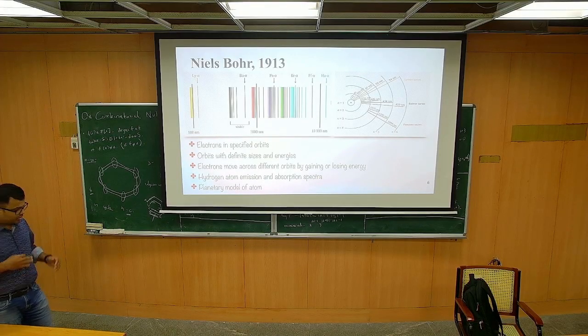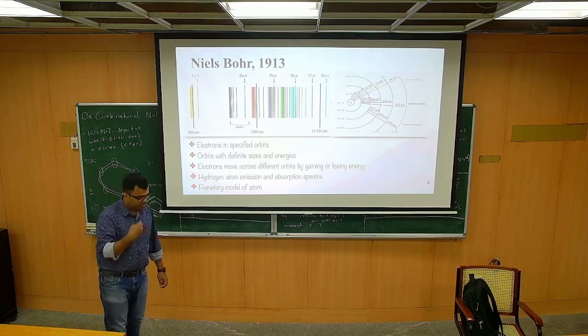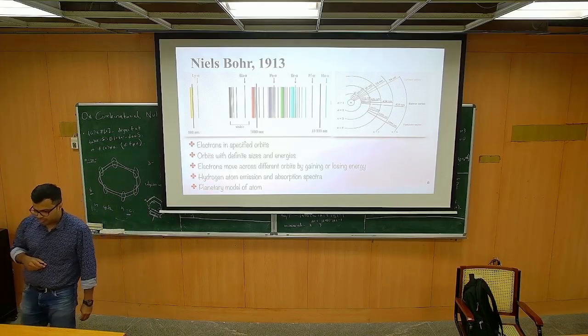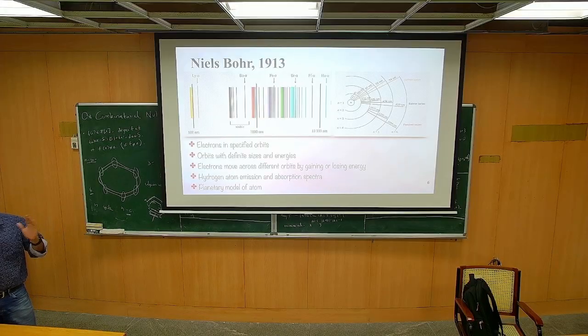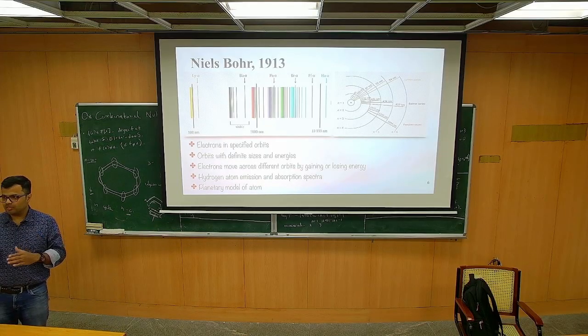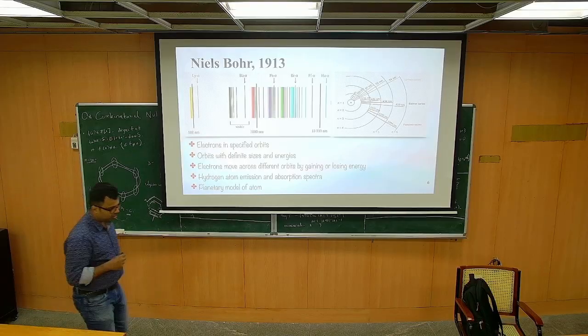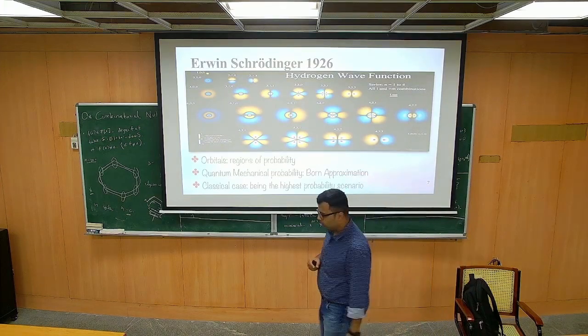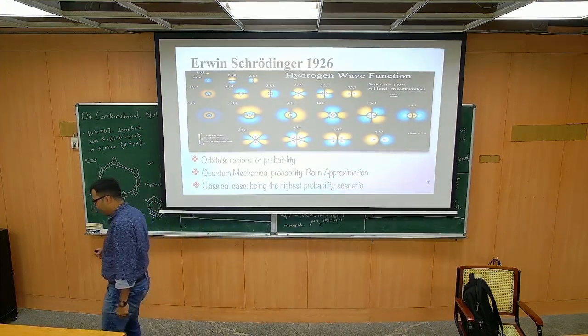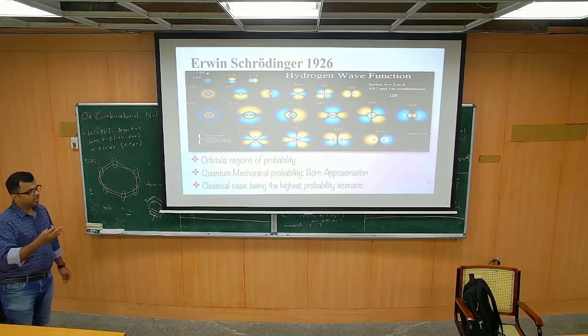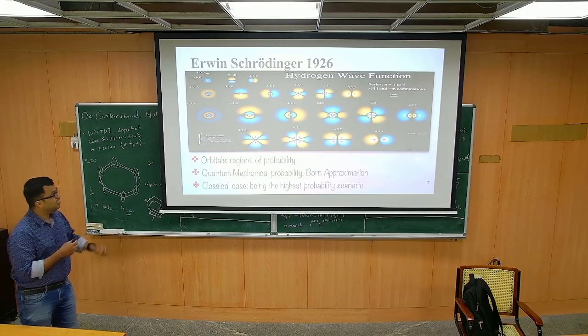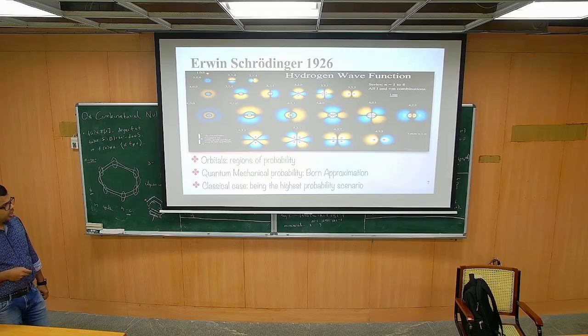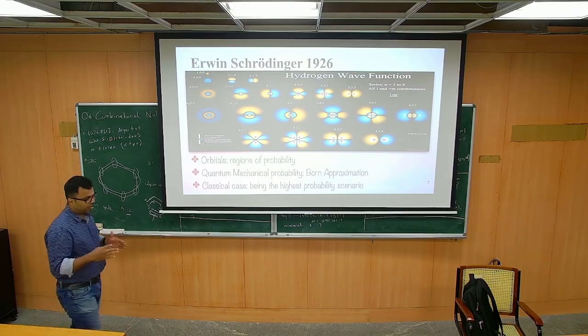But one of the things that I have realized, when I read through various of these developments, is that although Niels Bohr gave this kind of explanation for why these spectral lines were observed, he could not really argue why these electrons can only exist in specified orbits. What is special about these specified orbits was not clear even with Niels Bohr's explanation. This was explained after Schrödinger and many others, who were using these quantum mechanical ideas, argued that these specified orbits are actually determined by quantum mechanics.